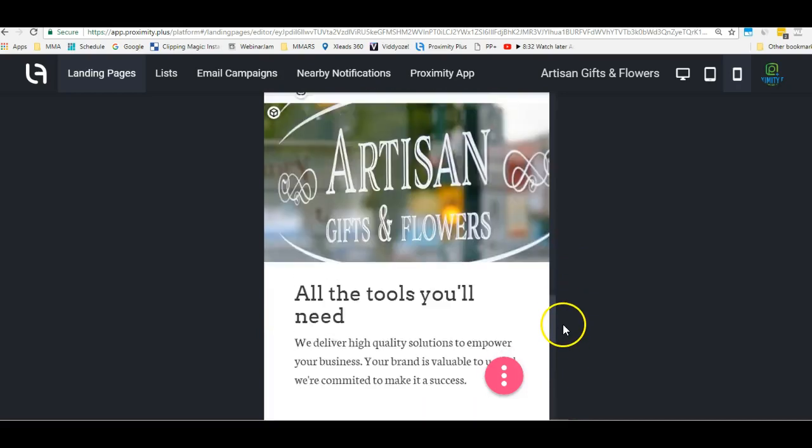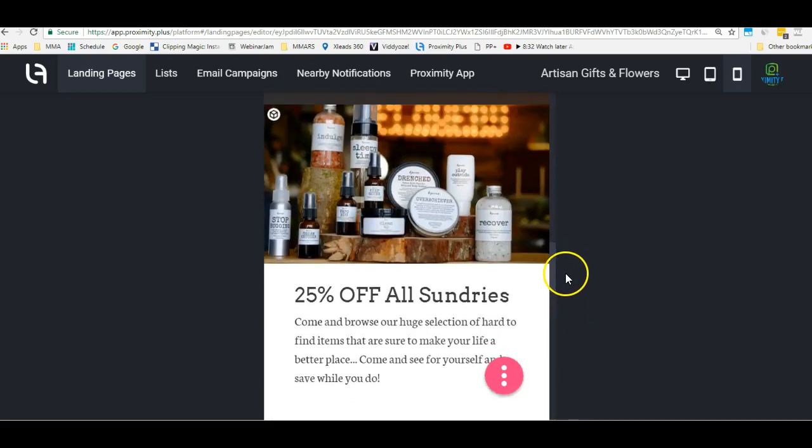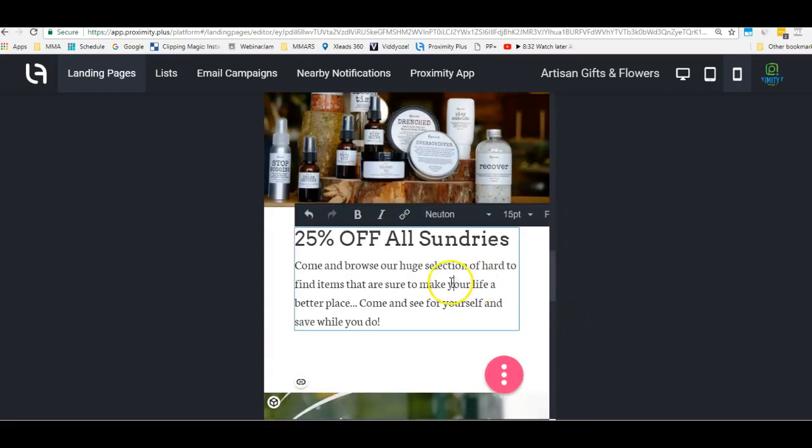Okay, and then we go. So let's come here. Use this ad to save when you